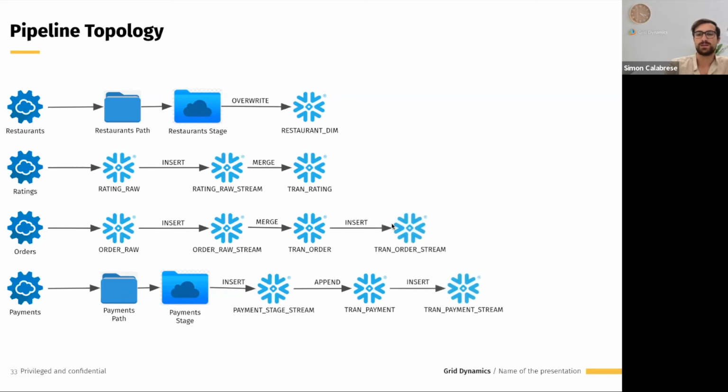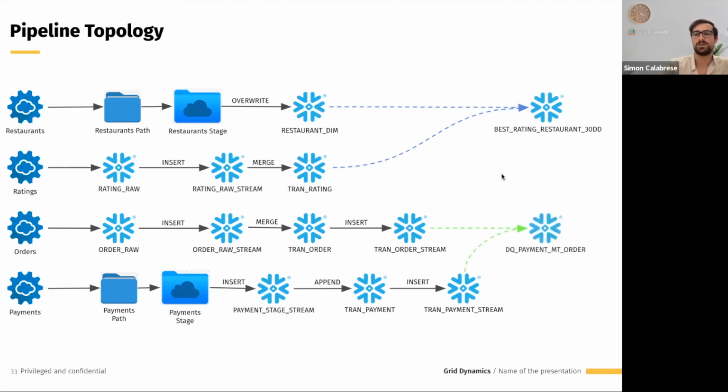Then tran order and tran payment will have on top of them a stream. We are going to present best rating restaurants within 30 days. This will be a Snowflake view. Then we are going to have a data quality check, for example, payment where the payment was more